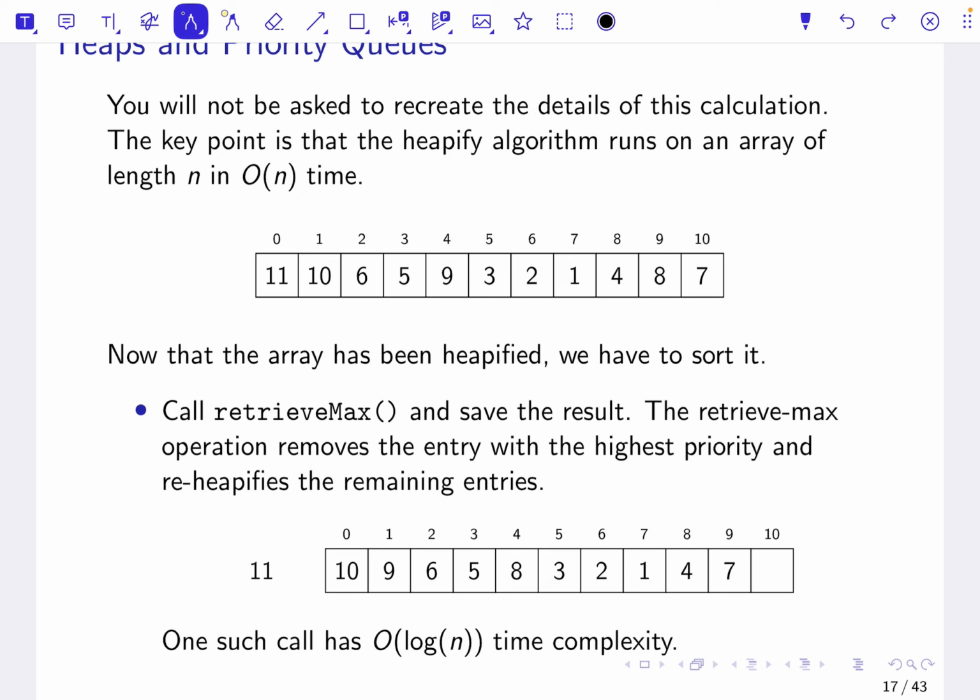Now that the array has been heapified, we have to sort it. We have the algorithm called heap sort, not heapify. Call retrieve max. The retrieve max operation removes the entry with the highest priority and then reheapifies the remaining entries. So now 11 is no longer part of the array. We saved it to some other variable,